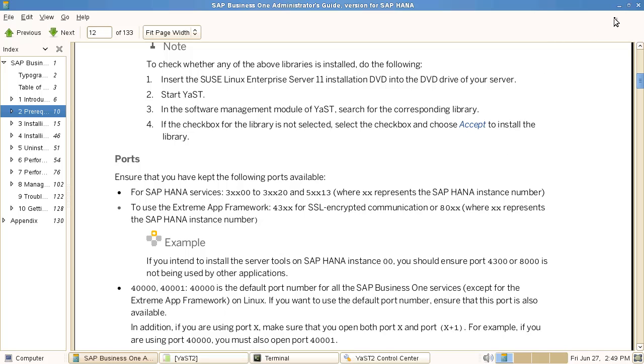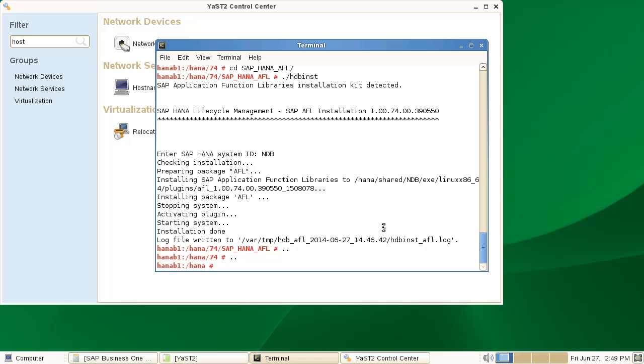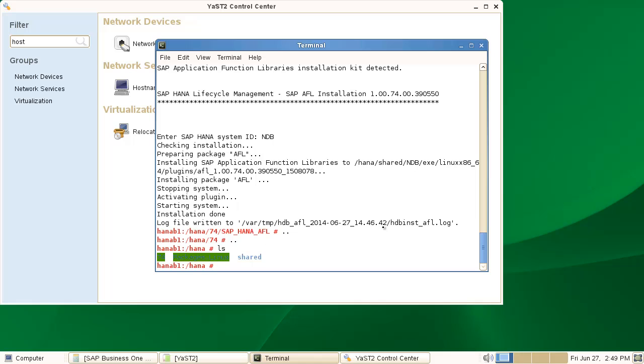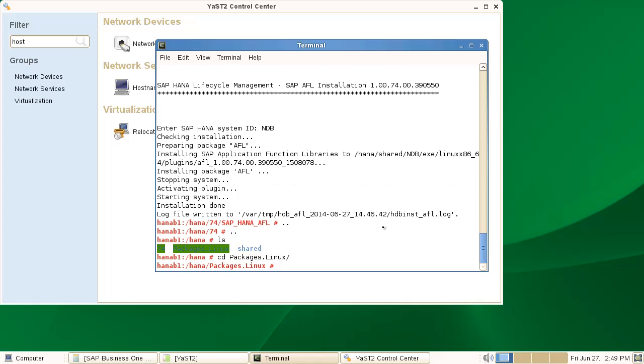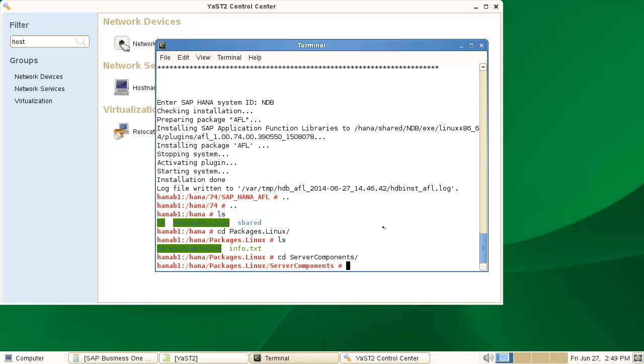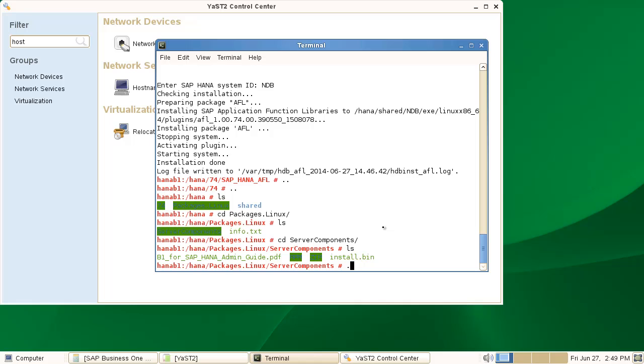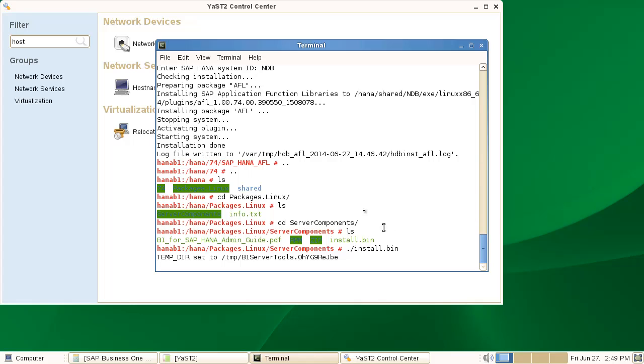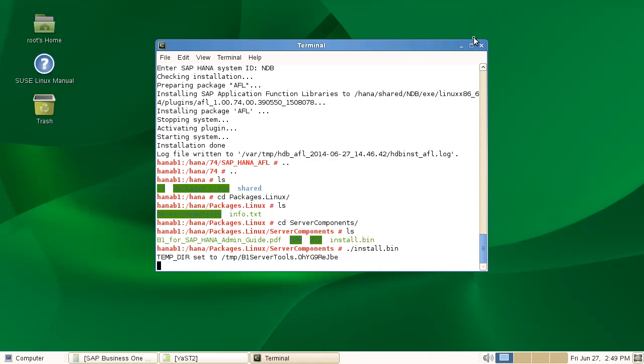Okay, so in the next part, I will install SAP Business One, and the typical setup of Business One server and server tools and so on, this has all been merged for HANA into the server components. And these are available on the DVD in a folder called Packages Linux. And inside this folder, we have the server components. And this one we can start with the command install.bin. And this will run a wizard,